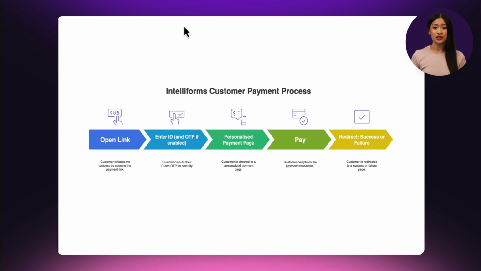Finally, after the transaction, the customer is redirected to a success or failure page, confirming the payment result and any additional steps. This ensures a consistent, secure, and personalized payment journey through one universal link.